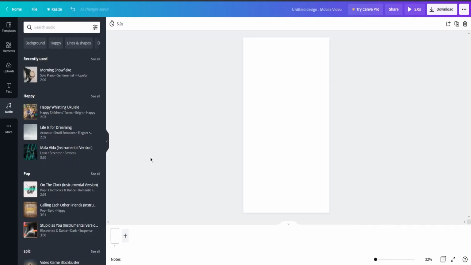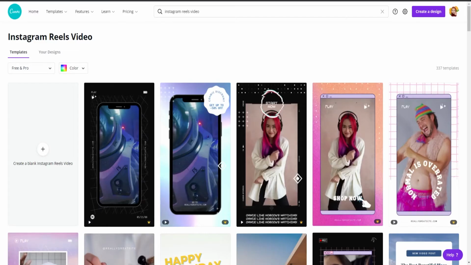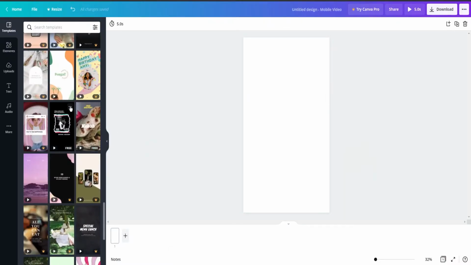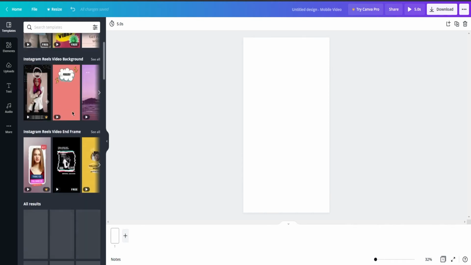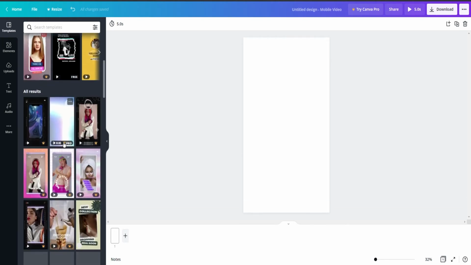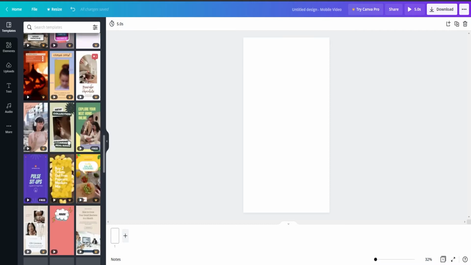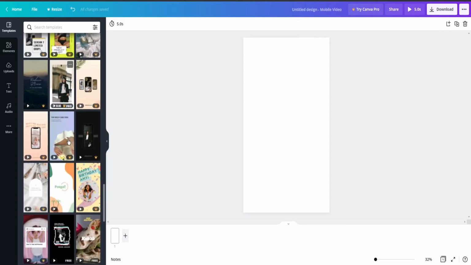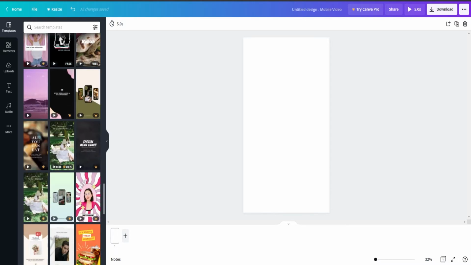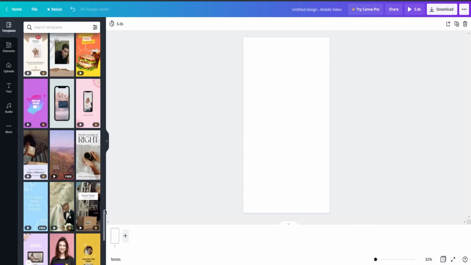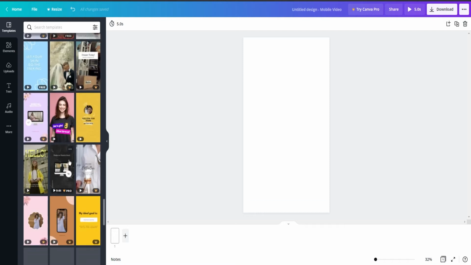And what this is going to do is it's going to bring us over to this page. Now I'm also going to show you how you're going to add audio to this, which is really important. When you scroll down over here, what we're essentially looking for is something similar. You can see this over here that looks like scenery. When you scroll down over here, you can find all these different templates. Here's one over here that we can use. It looks like a scenery background, and if you scroll down, you can find a lot more.